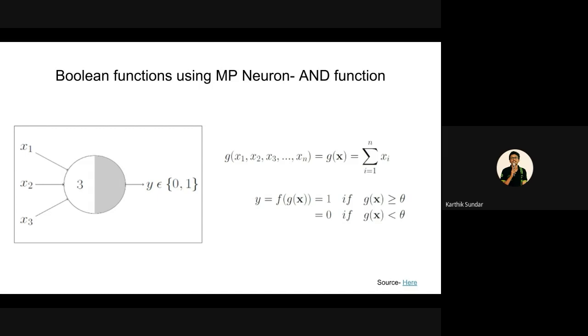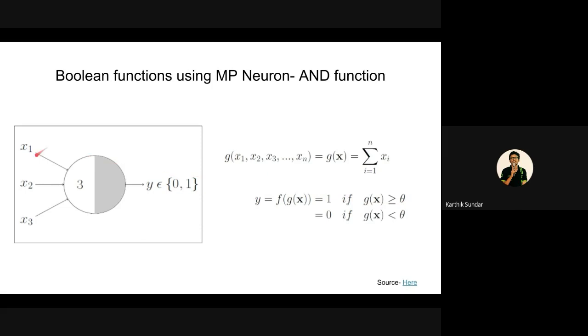So first let us see an AND function. What is an AND function? An AND function will give 1 only if all three are 1s. Let's say we have an AND function, then all 3 must be 1. Only if all 3 are 1, the output will be 1. So in that case, what should be the threshold? What can be a threshold? What I'm telling is theta can be 3.